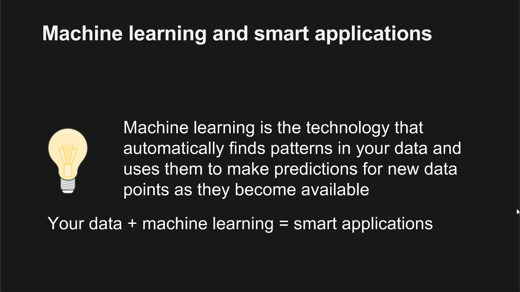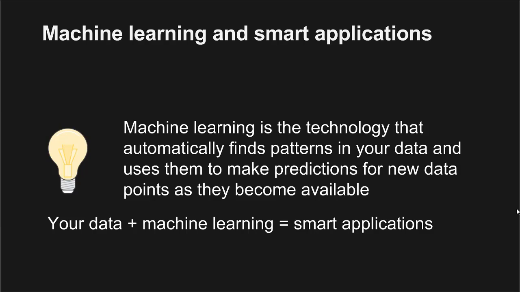So to start with, machine learning and smart applications, we have an AWS description of what they are. In some ways, machine learning is a term that gets tossed around for a large number of technologies. The way we think about it in AWS is machine learning is any technology that automatically finds patterns in your data and uses them to make predictions or inferences based on new data points as they become available,